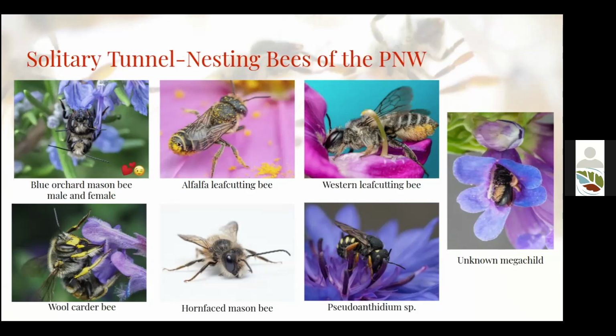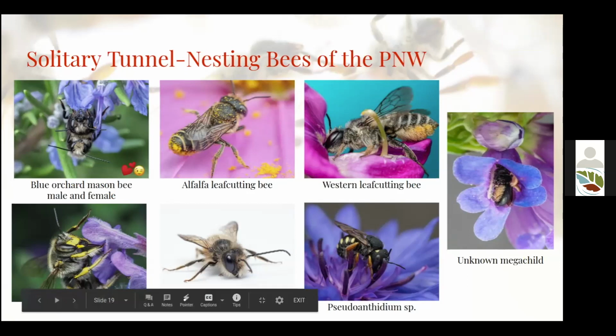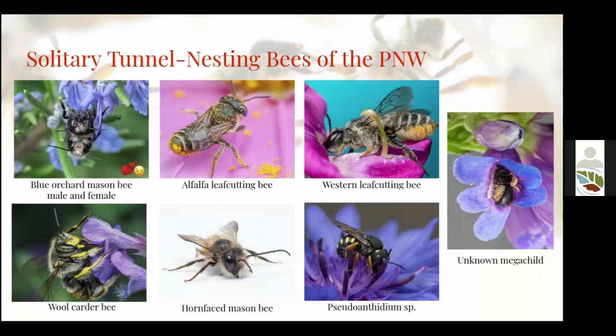Okay, so beyond mason bees, there are some other common species that you'll see here. The blue orchard mason bee, or Osmia lignaria, is native to the Pacific Northwest, but over time and with introduction, there have been other common species pop up, and ones that you really can't avoid having. And so that would be like Osmia cornifrons, the horn-faced mason bee, which is actually an Asian species of mason bee. I believe they were introduced for blueberry pollination and have just kind of spread from there.